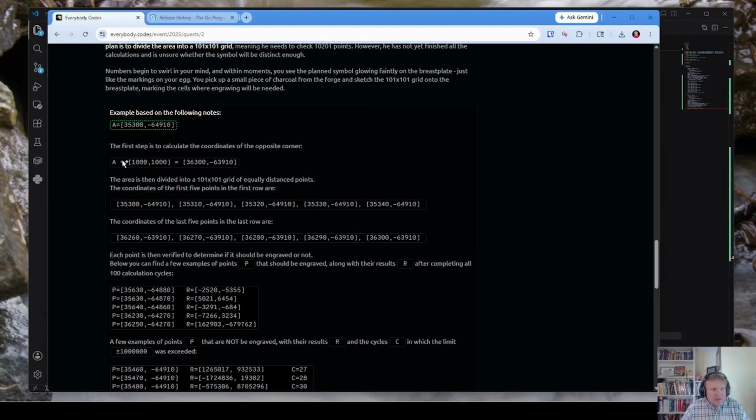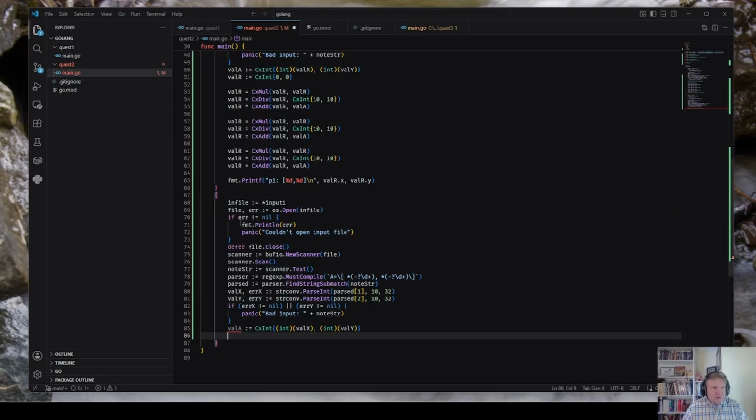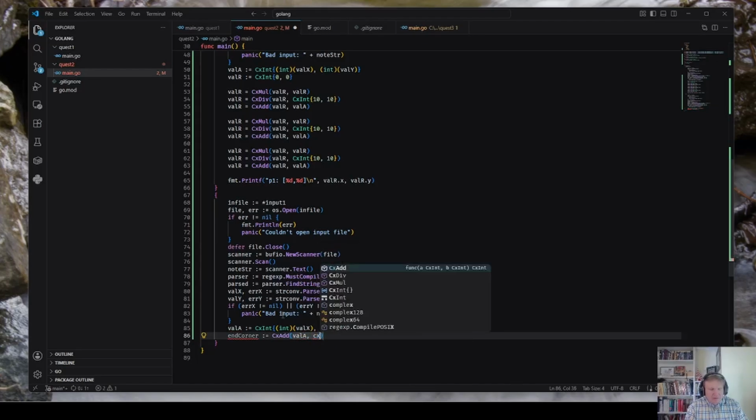Okay, val A. Opposite corner. End corner. CX add A. CX int.